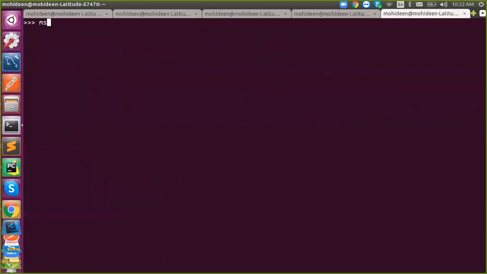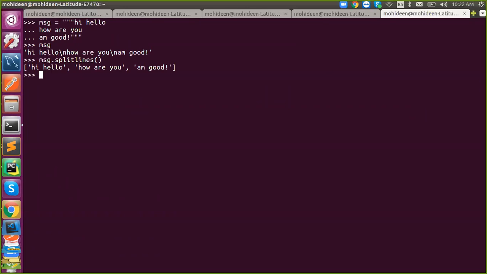Just on the split, can we use the space? Suppose if I do not have a space, it will be split like a slash n, the next line, if you are using the triple quotes notation. Got it? Yes. So splitlines splits by lines.